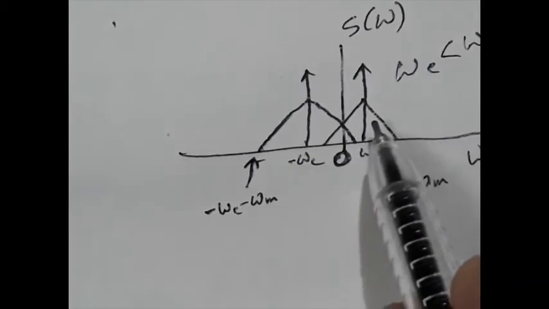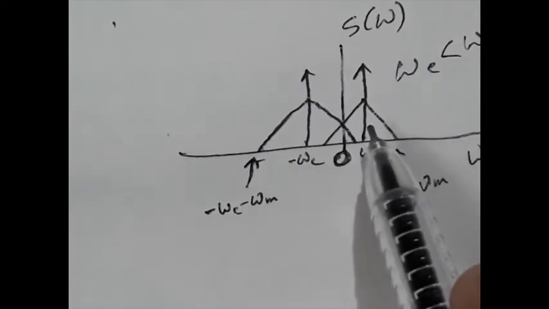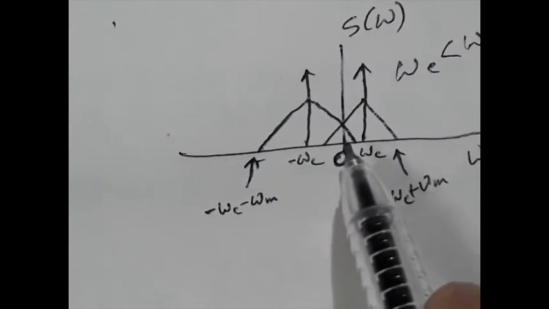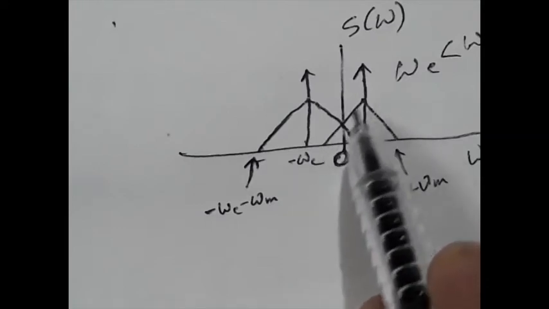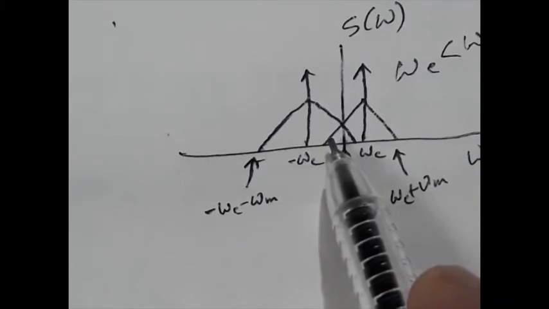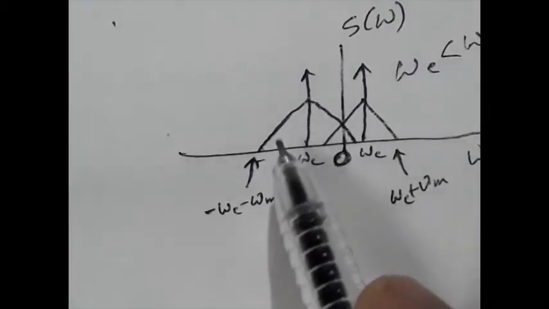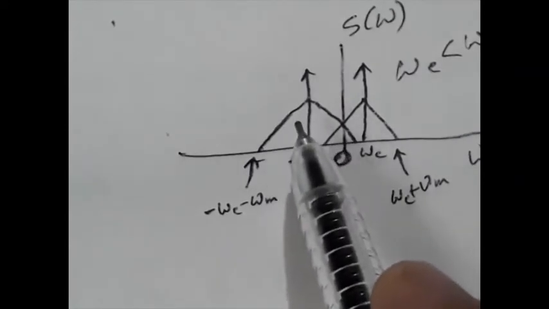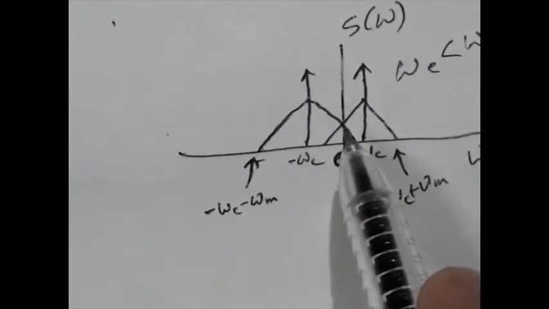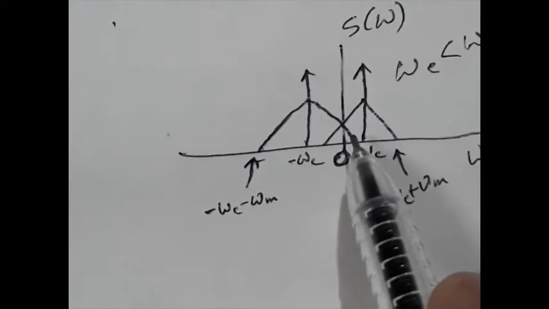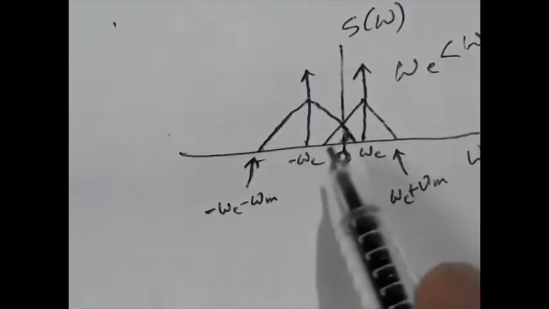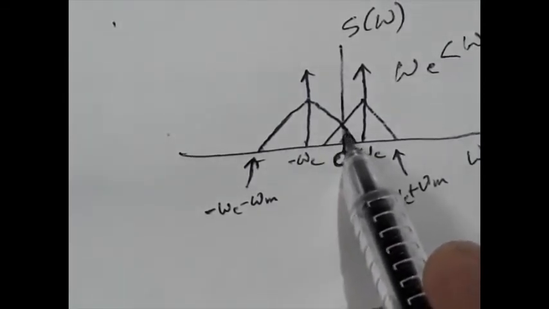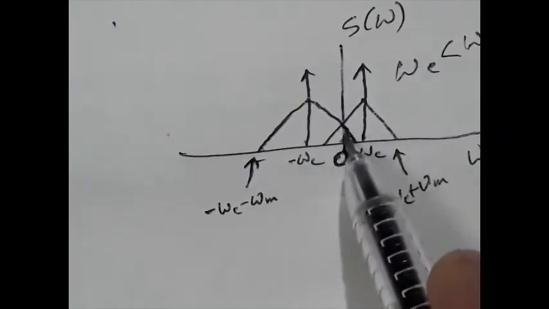So the figure will be identical with the previous one. The only thing is that omega c is much closer to zero frequency. So what happens is that this lower sideband goes to the negative frequency part of the spectrum, and a portion of the negative frequency comes to the positive part, this section. So there is an overlap,